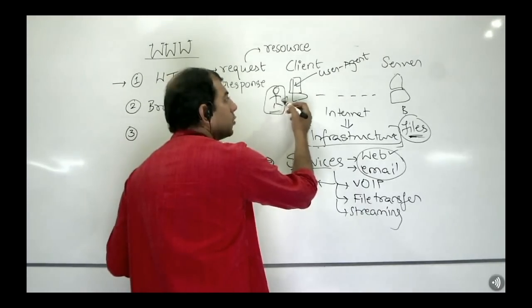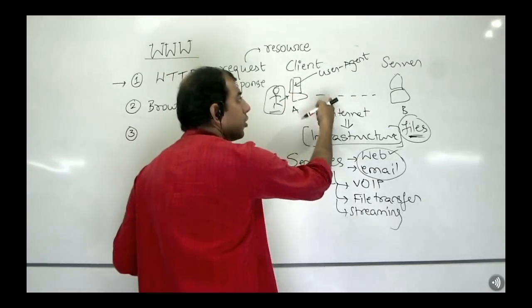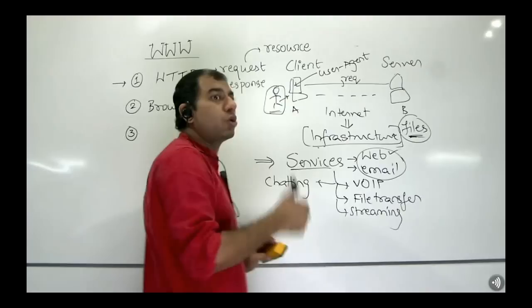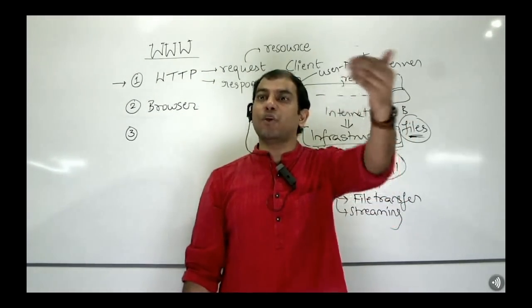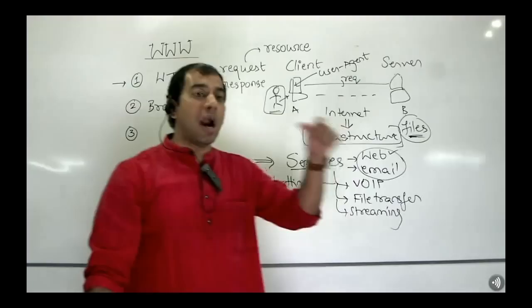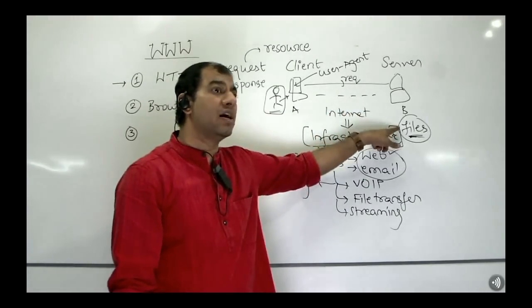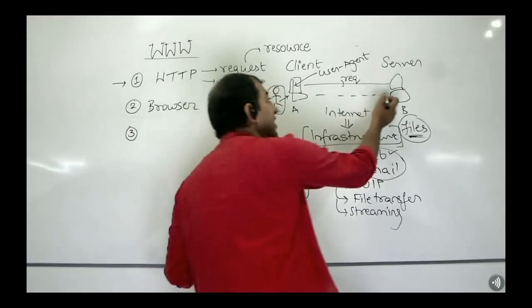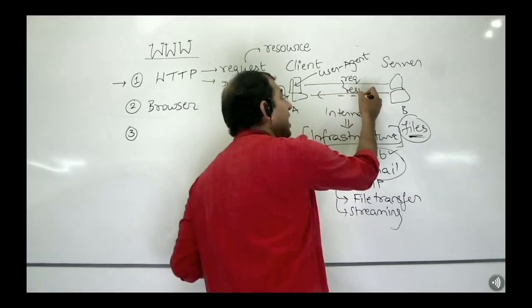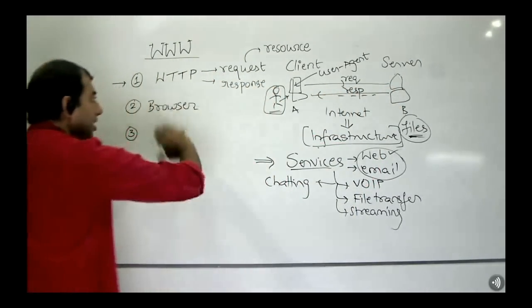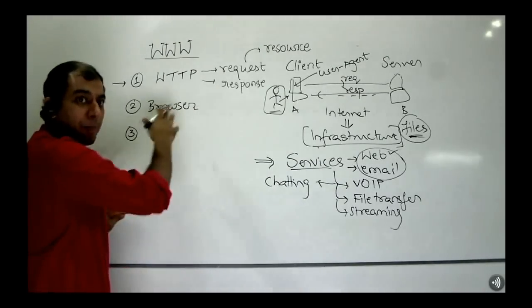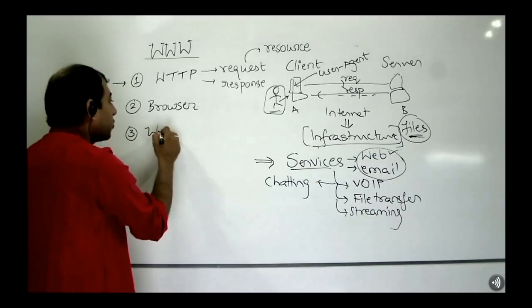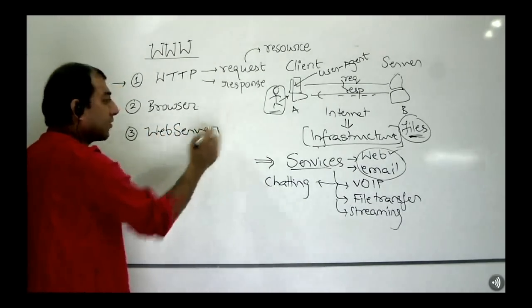Now, what does the browser do for user action? It converts it into HTTP requests. But then on the server side, who should be there? Somebody who is waiting for these requests to come, somebody who understands what is being requested, somebody who takes that file that was requested, creates a response and sends it back. What is that kind of software called? Which is the opposite partner of the browser on the server side? Yes, it is what is called the web server software.